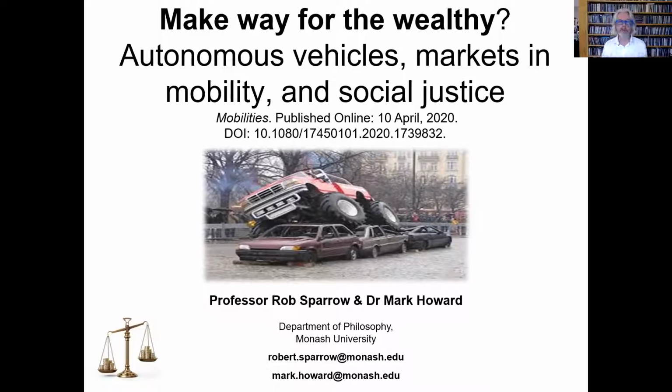So we're making some pretty big assumptions about what might be possible to do with transport with autonomous vehicles. But we're also picking a fight with an argument about the virtues of markets as well, and whether or not extending road pricing that people have often thought to do on freeways or with congestion taxes, whether extending that to the entirety of the road transport network would be a good thing to do or not.